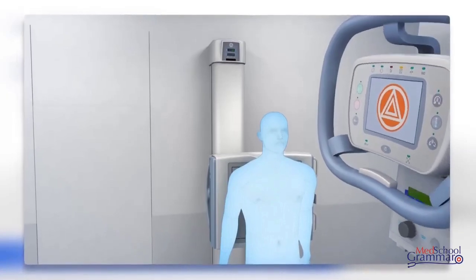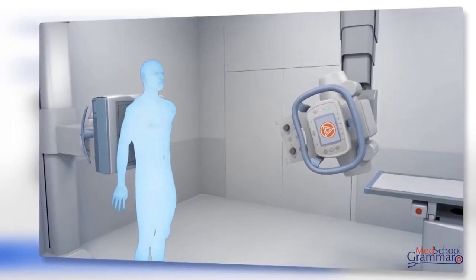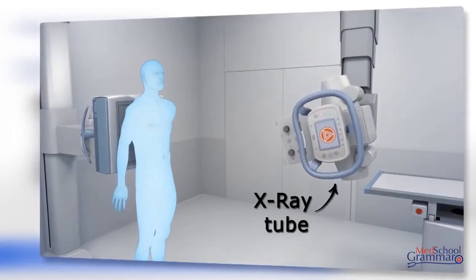They can be produced using an apparatus which has two simple parts. First is the X-ray tube, which produces the X-rays. The second is the X-ray film onto which these X-rays strike, creating an image. The X-ray film is made of plastic or polyester and is coated with silver halide.